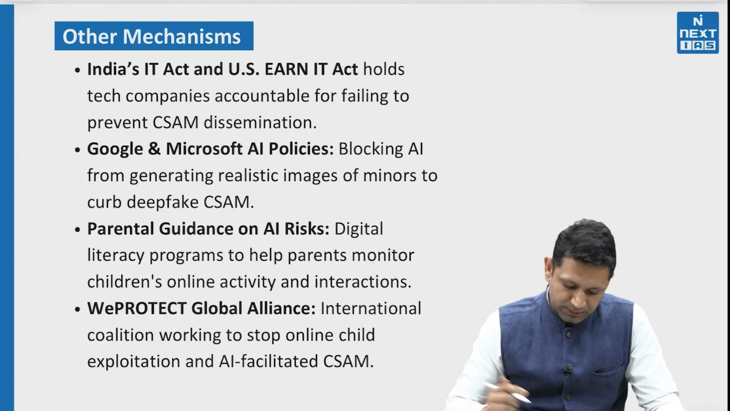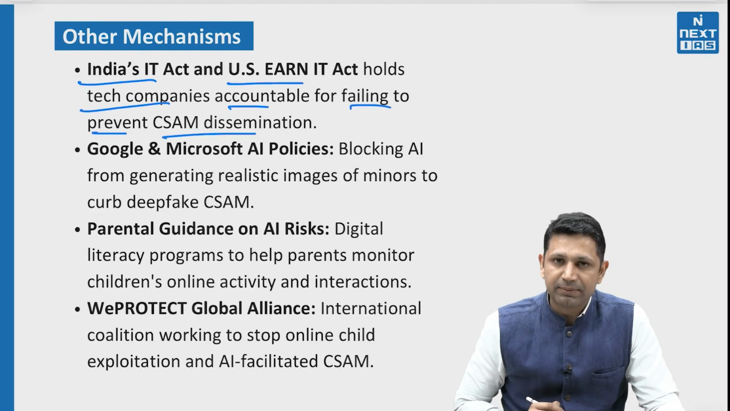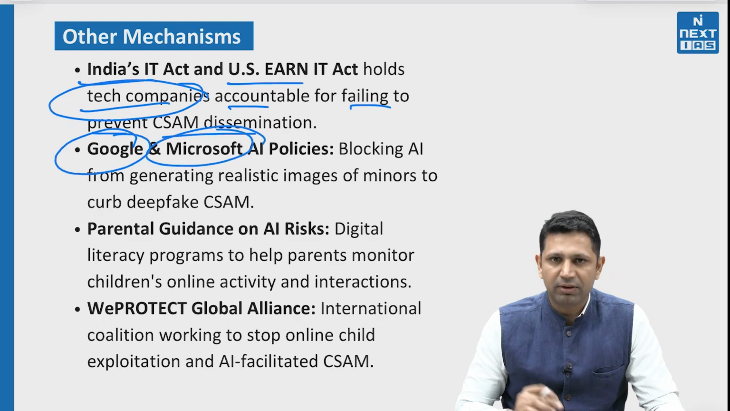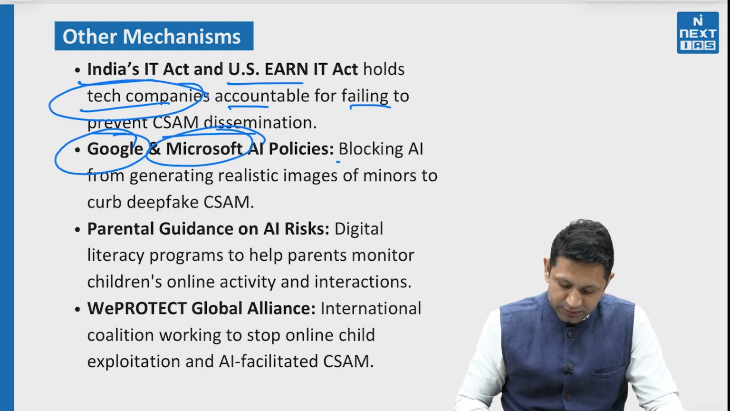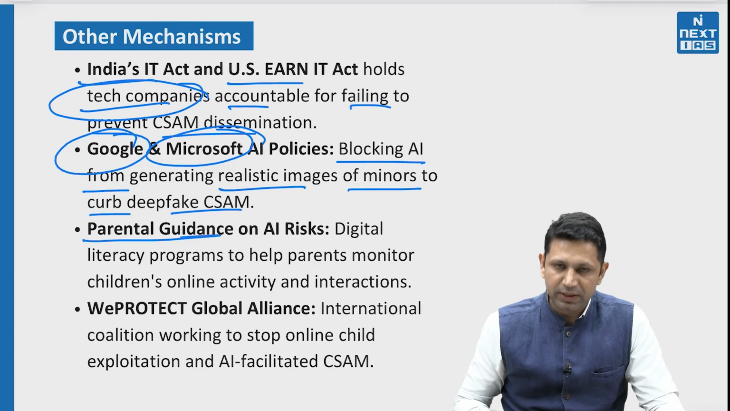Now what are the other mechanisms? There are India's IT Act and the US EARN IT Act, which hold tech companies accountable for failing to prevent CSAM dissemination. So tech companies like Google and Microsoft will be responsible. Google and Microsoft are already having their own policy. They block AI from generating realistic images of minors to curb deepfake CSAM. Then there is parental guidance on the AI risk. There are various